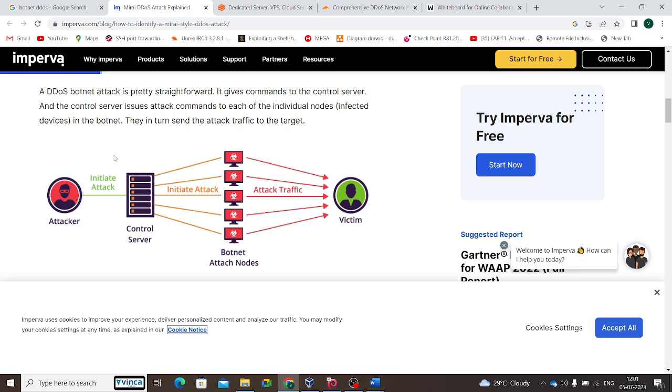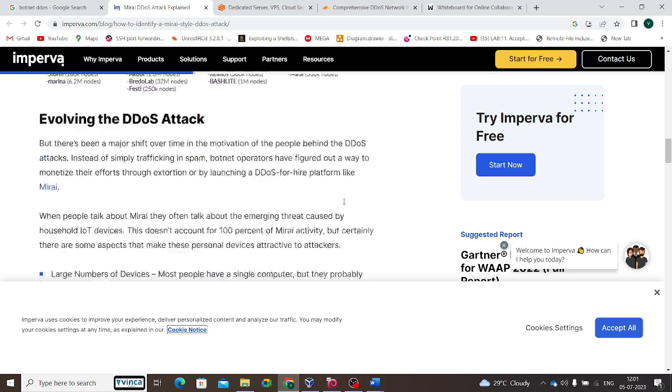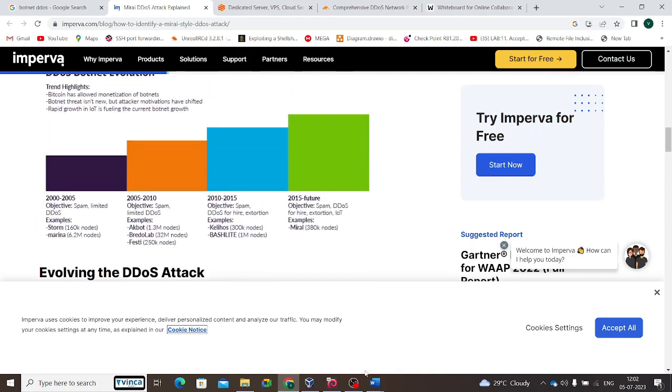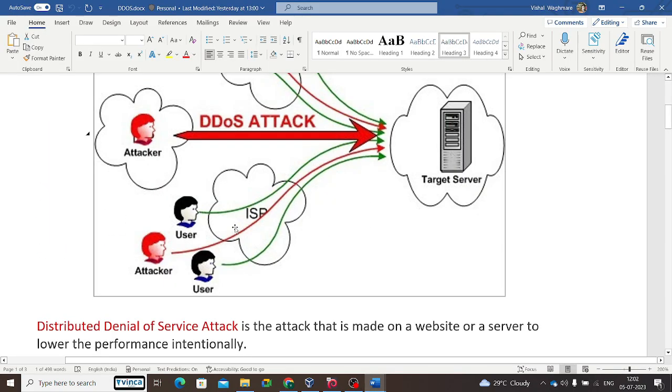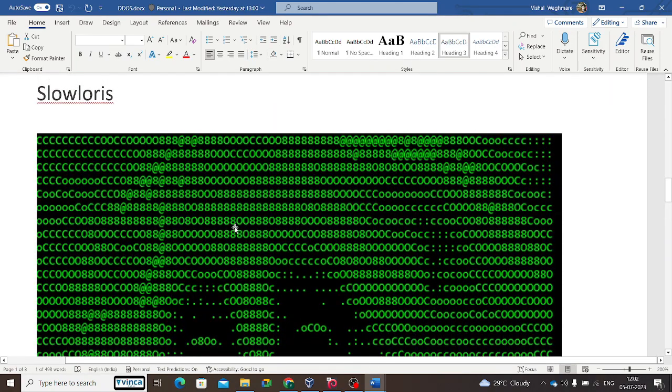It gives a command to the control server, and the control server issues a task command to each of the individual nodes, the infected devices in a botnet. They in turn send the attack traffic to the target. Simple.